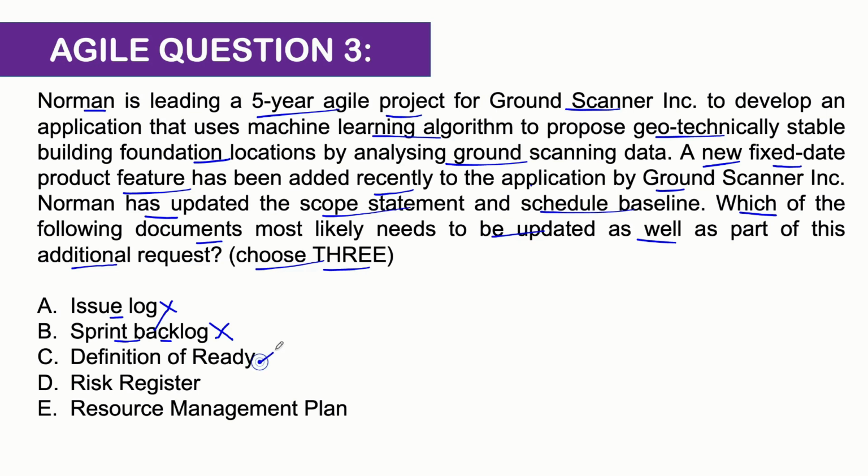Next, definition of ready. Again, another important term of Agile. It's very important, guys. The definition of ready means that whenever a scope comes for Agile, whenever a user story comes in Agile, everyone from the customer to the client to the end user to your team, everyone should be on the same grounds on what is the definition of ready. So adding this extra functionality will not mean something different for you and something different for your customer or something different for your team. Everyone should be on the same page, and that should be documented in a definition of